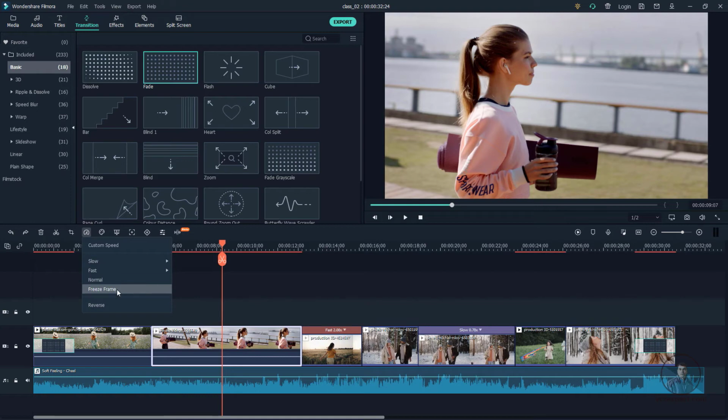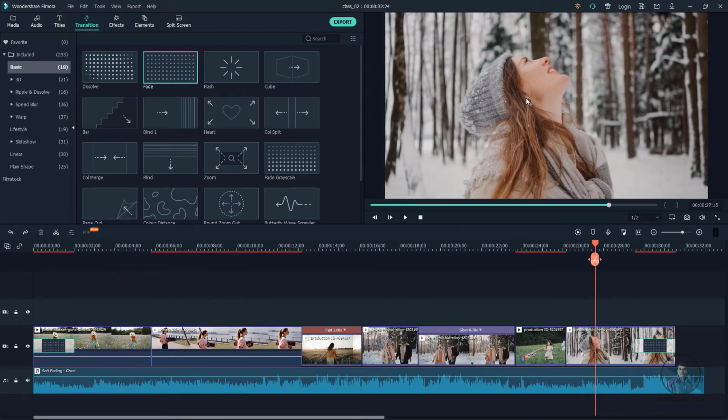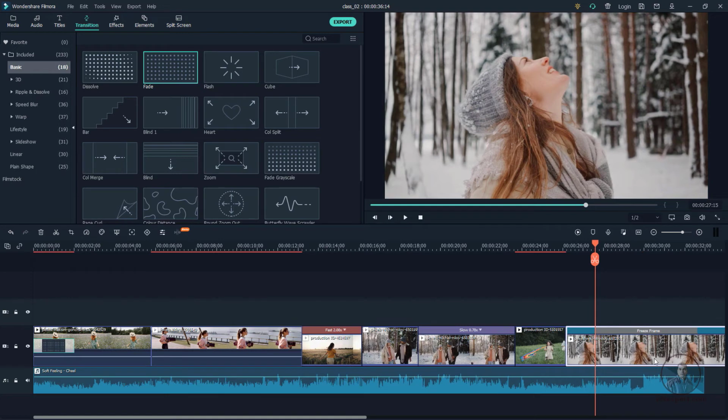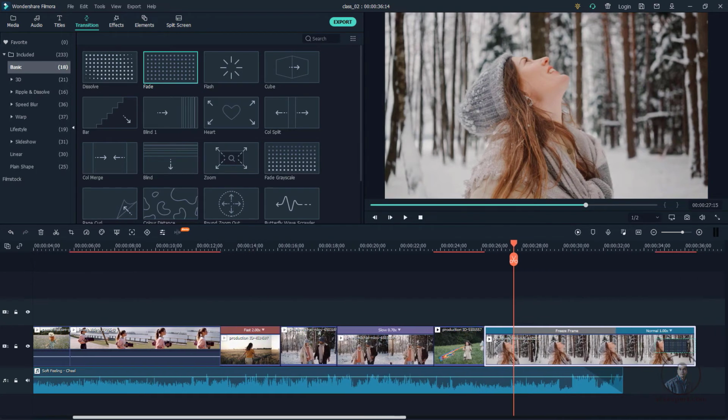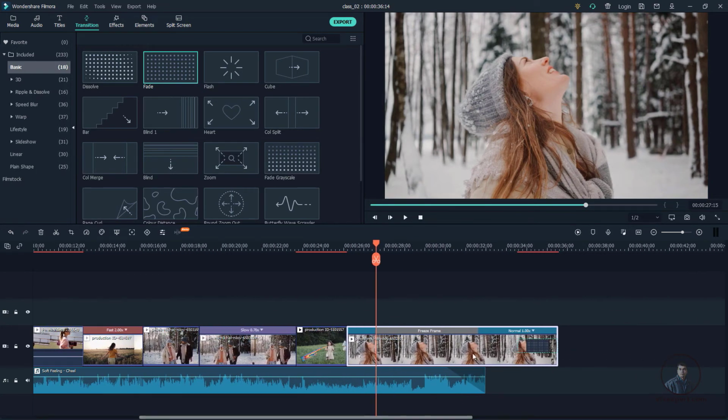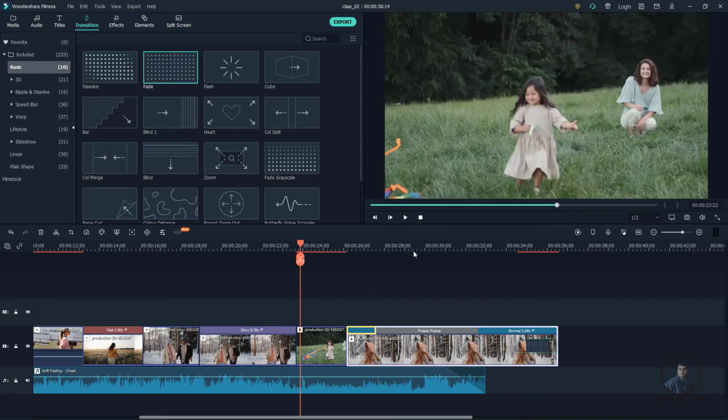And from here if you want, you can also make a freeze frame. So just a little bit I want to freeze this frame here, then place CTI here, then just simply click here and just make it freeze frame. So it will create a freeze frame in between this video here, and it will automatically split your video into 3 parts. So this is our previous part, and this is our freeze frame, and this is our after freeze frame video here, because it will create a freeze frame at this playhead position. Remember this one. Now just play and check here.